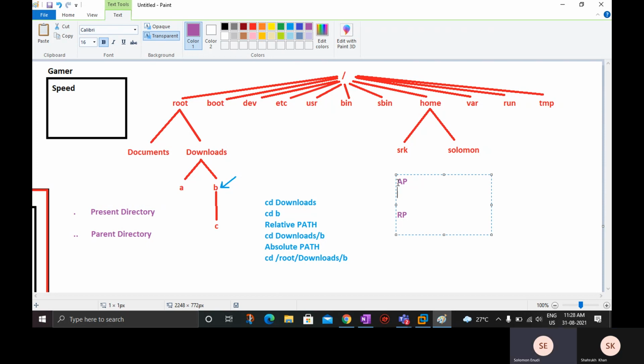I would say CD, if I'm in the B directory, downloads B. So I would say CD dot double dot, it takes me to the parent directory, which is root, then I can say CD dot